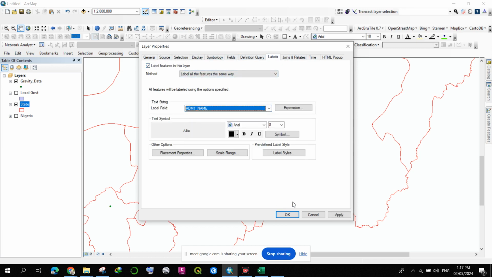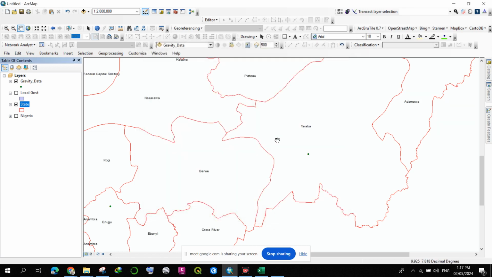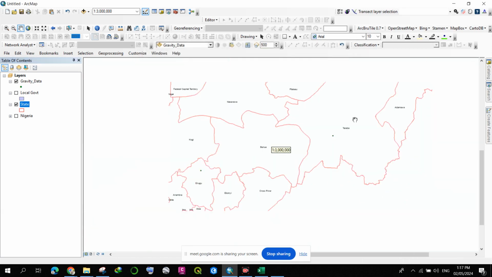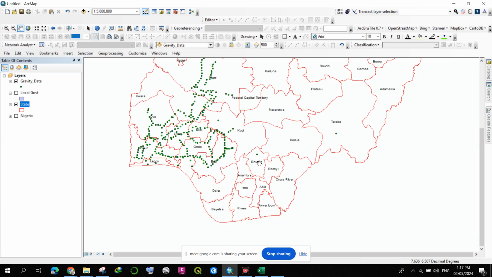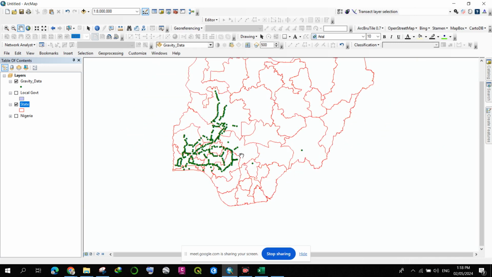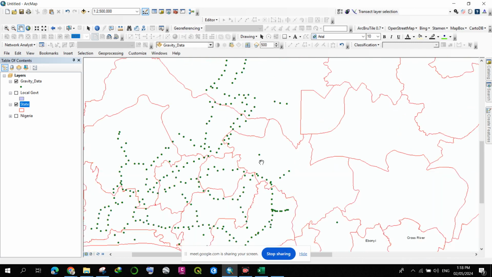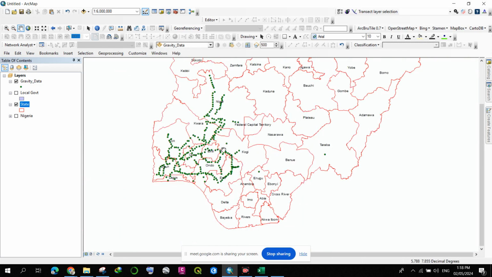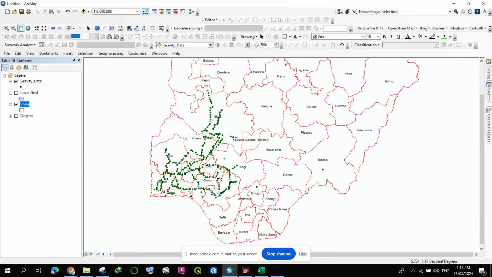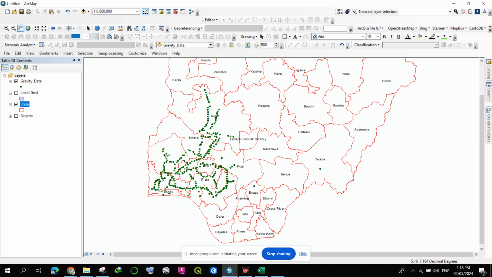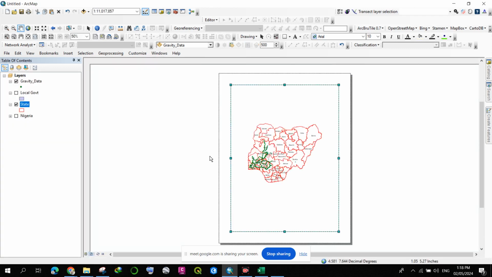So click OK. So Taraba, we are lacking all those. We are lacking many stations in Taraba based on the data given to us. And then now we can see Niger State. We have more data there and everything like that. So now this is the spatial distribution of gravity. This is the first map we're going to produce. The spatial distribution of